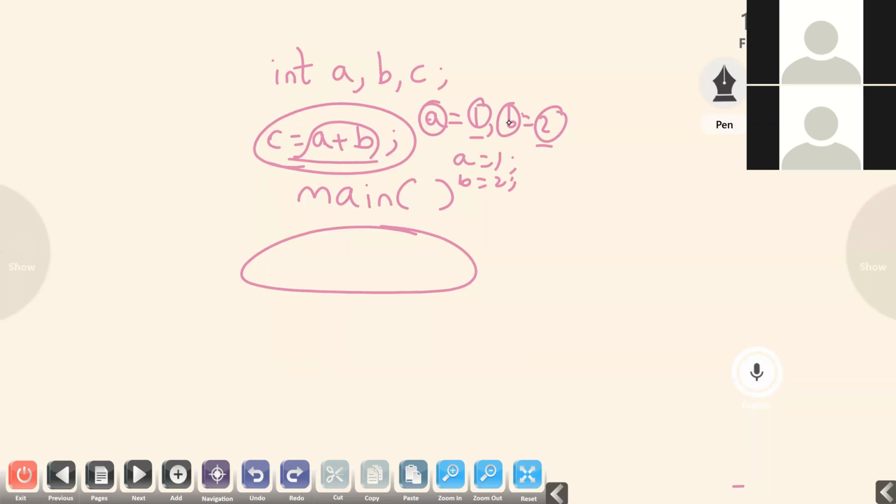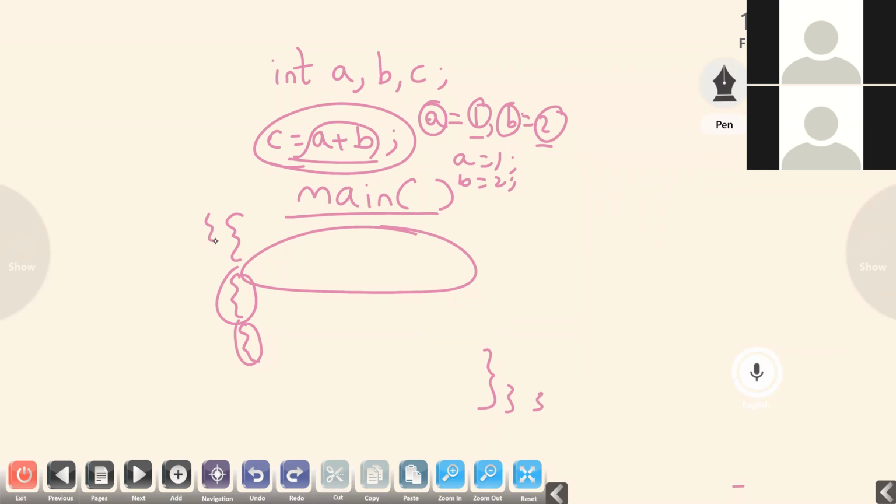And the last one is that every opening brace or parenthesis should have a closing one. After main, we have to open a flower bracket, and at the end of the program we have to close it. As many brackets as we open, that many we have to close. If we open only one and close 2 or 3, that is also false, and if we open 2 or 3 and close only one, it will not accept.